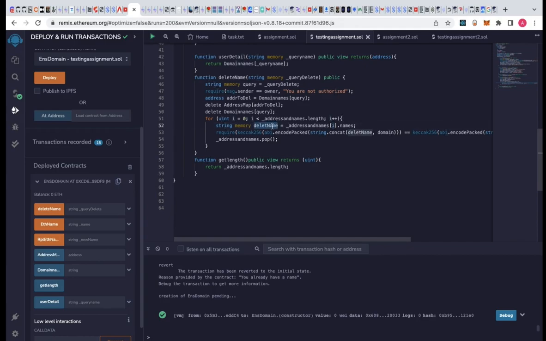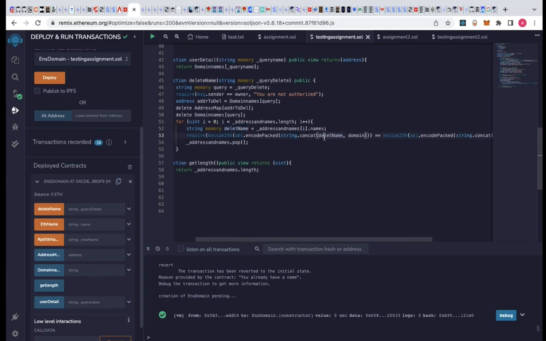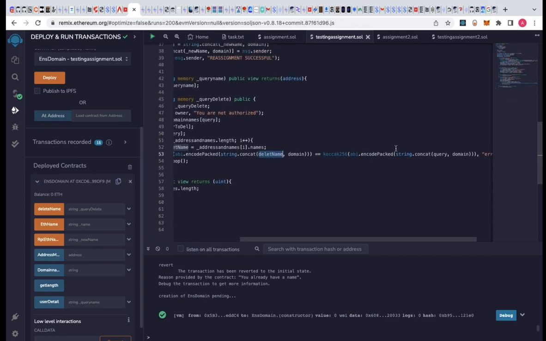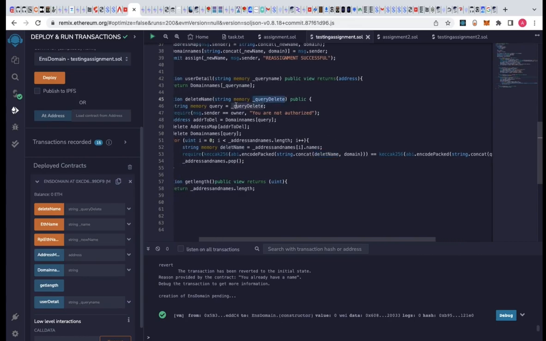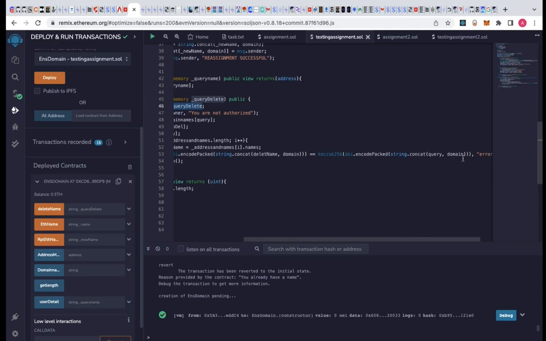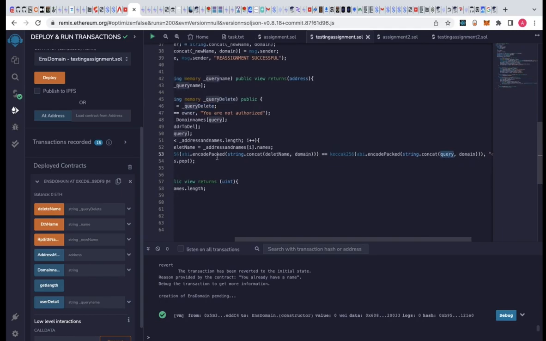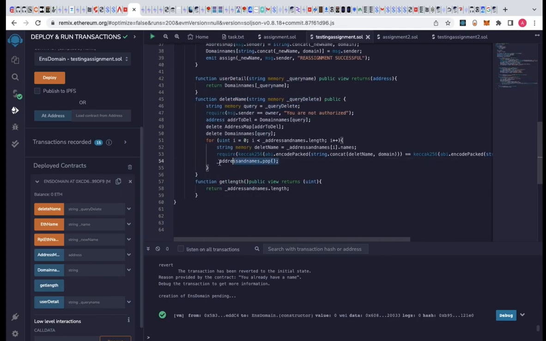Once I get the detail of this array, and once this name concatenated with the domain is equal to the name being passed here, which I saved in here, and I used right here, if it is equal, then it is going to pop that index. It's going to pop that index itself, and then the remaining items in the array are going to shift. So now let's test this